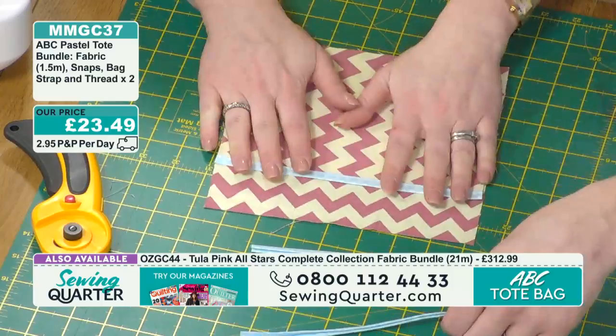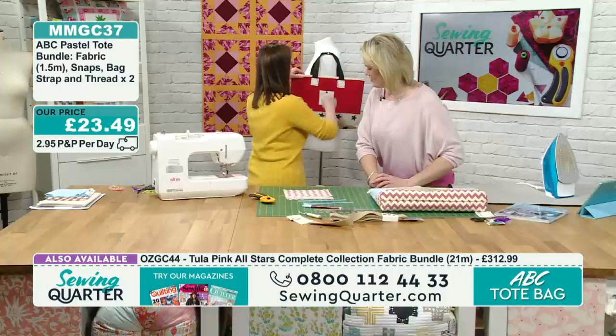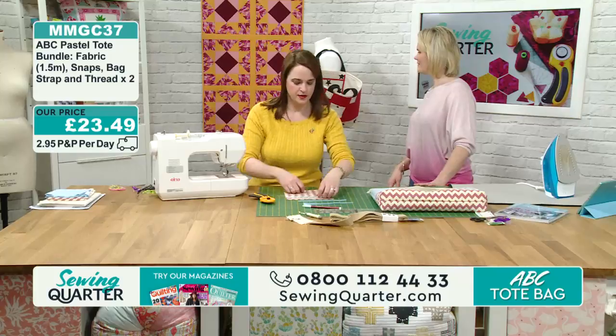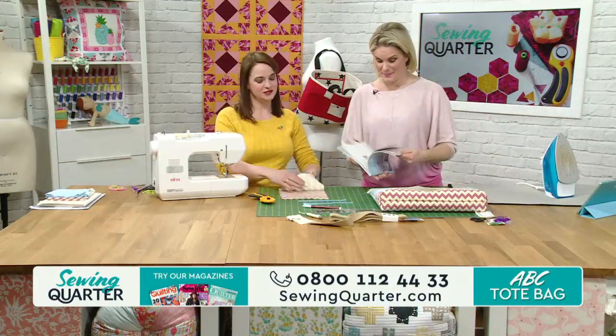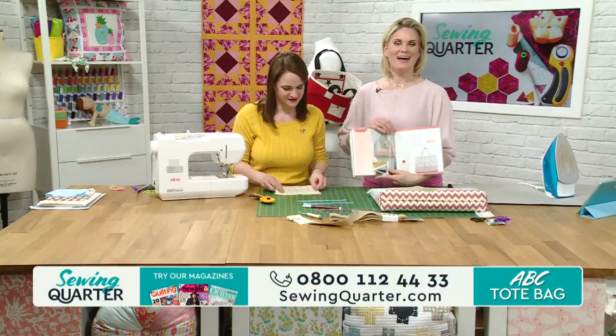Oh, well, that hasn't worked, has it? I need a piece that goes all the way around the whole thing. What have I done with that? Should we have a look on the inside? Oh, no, that's because I'm constructing it the wrong way. Whilst you have a look, the way the pocket is constructed is unusual. It's different in the book. Here we go, we'll show you. In the book it says,